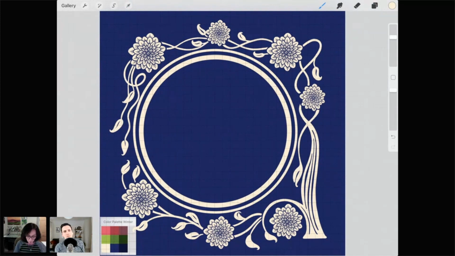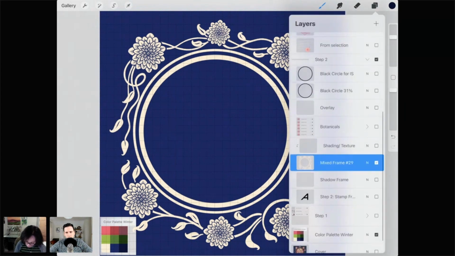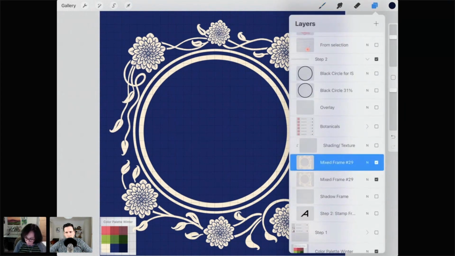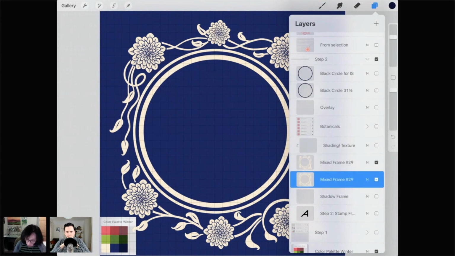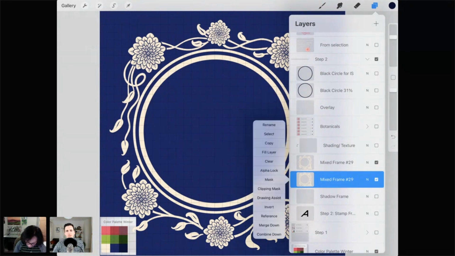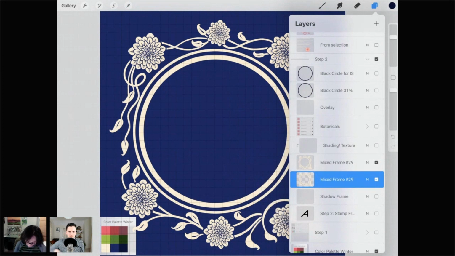So now that we have our main mixed frame done, we're going to choose what shadow color we're going to use. So I'm going to change it to black. And all we have to do is duplicate that frame. You can see I said shadow frame there just to give you a reference of where it goes, but we have already got it in here. And now, if you don't know how to do this, this is a cool way to recolor something. You click on Alpha Lock and then click again to fill layer, and you can see it fills it